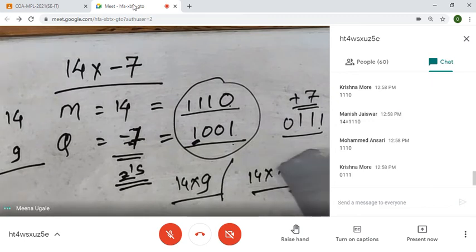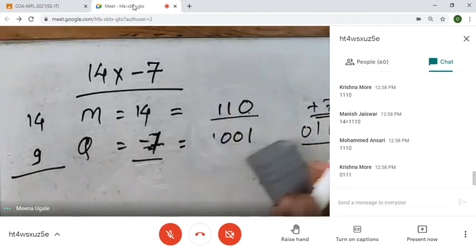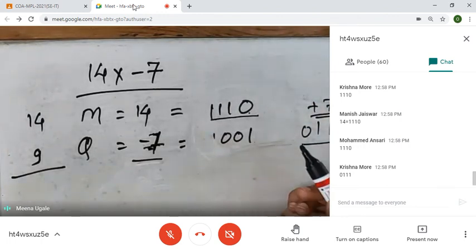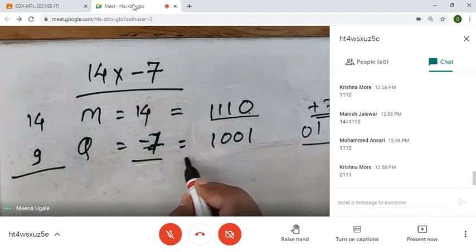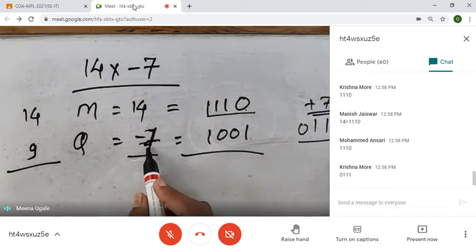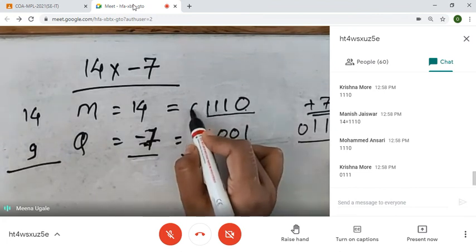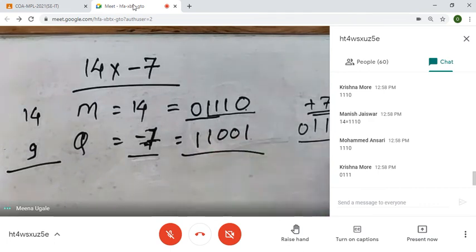I have to add one extra bit to represent the sign in both numbers. These are my two numbers. This is your correct answer. So I should add one bit at the MSB to make it either a positive or negative number. When it is minus 7, I add 1 here because this is a negative number. This is plus 14, so I add 0 here, because this is a positive number. So the sign indicates that.